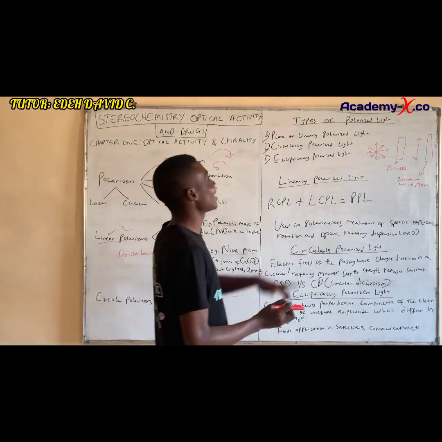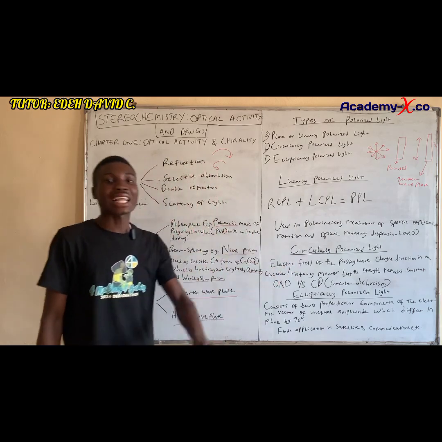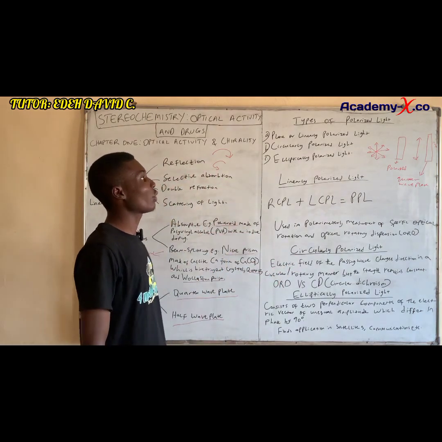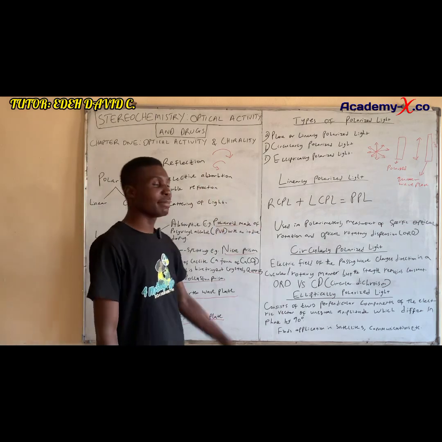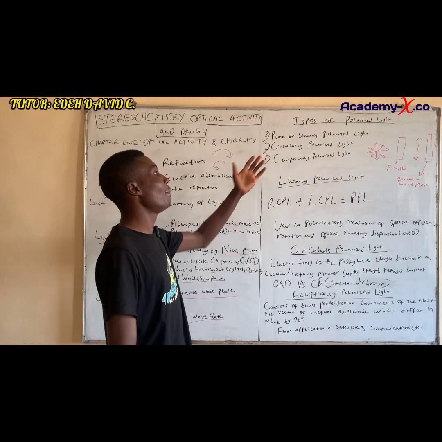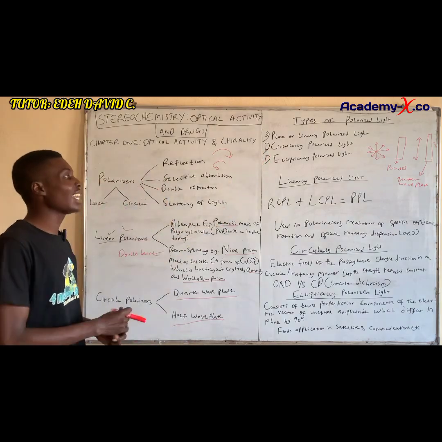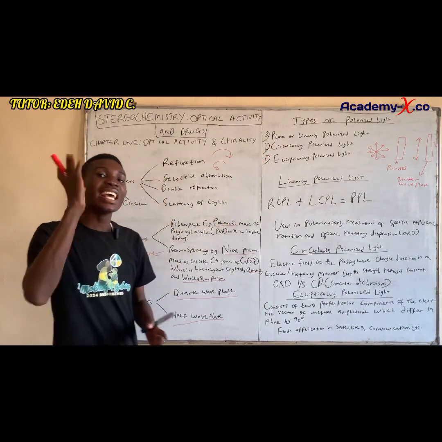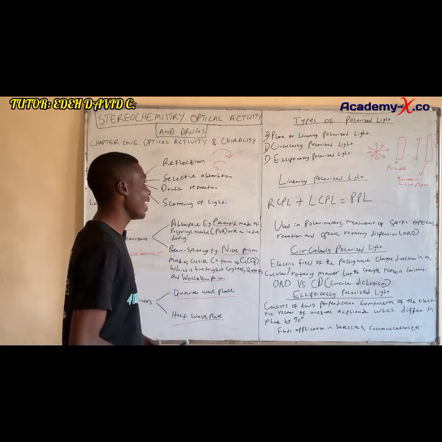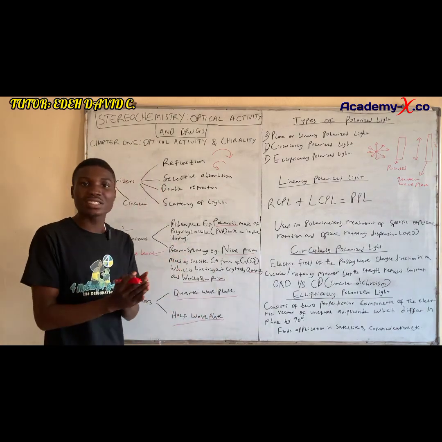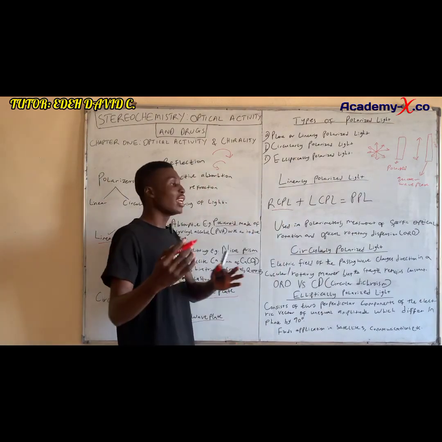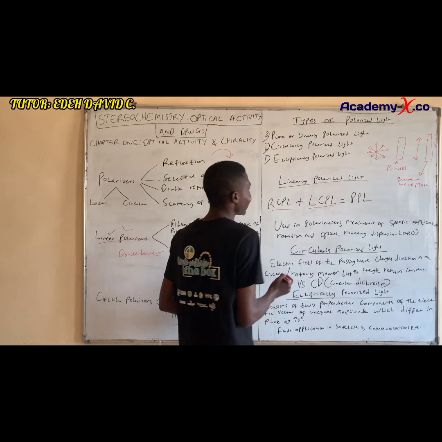So we're now moving over to the types of polarized light. We have three types of polarized light. We have the plane or linearly polarized light, we have the circularly polarized light, and we have the elliptically polarized light. Now for the linearly polarized light, which is the plane polarized light, the light is vibrating in one plane in one direction, and according to analysis, it is almost looking like we have a right circularly polarized light interfacing with a left circularly polarized light to give